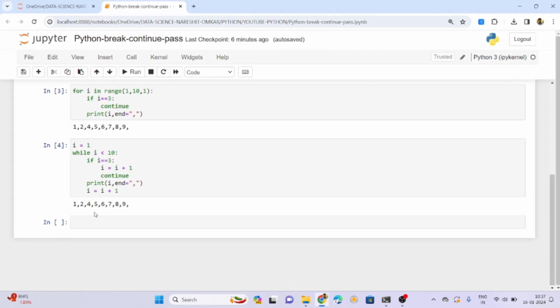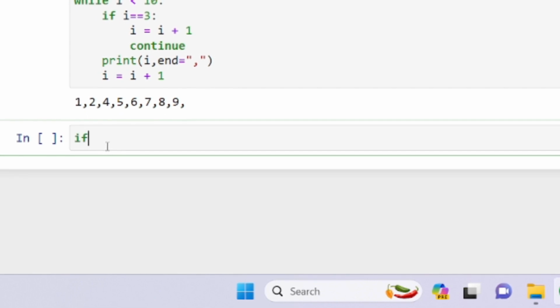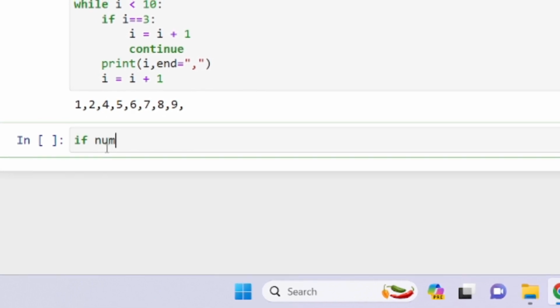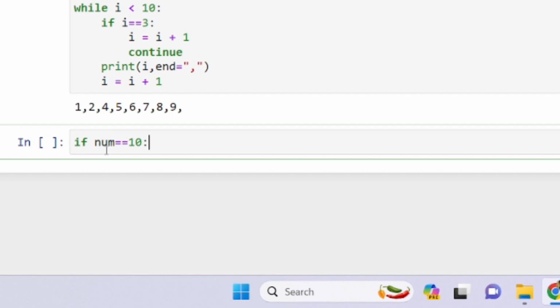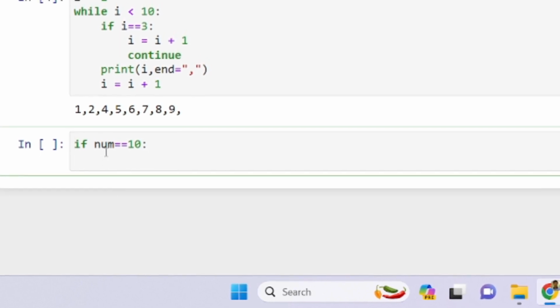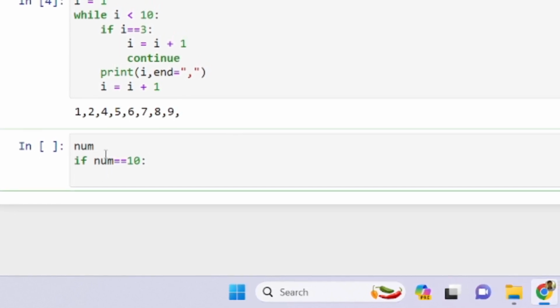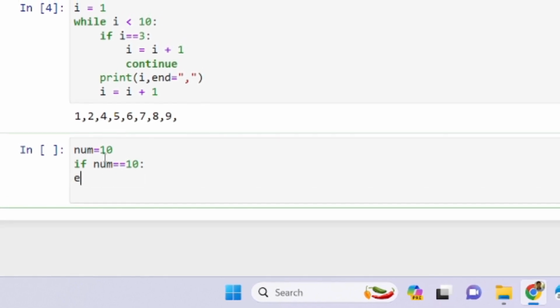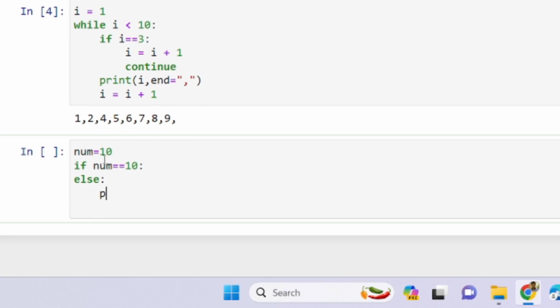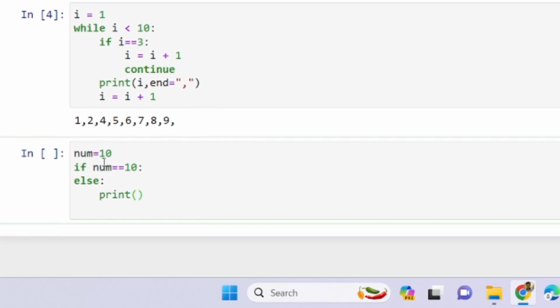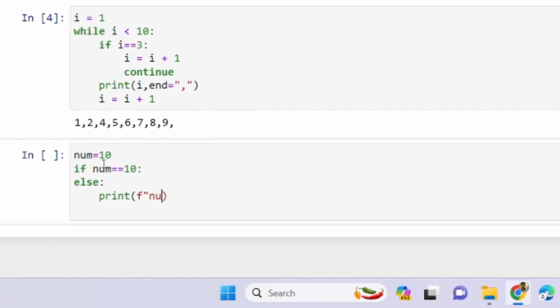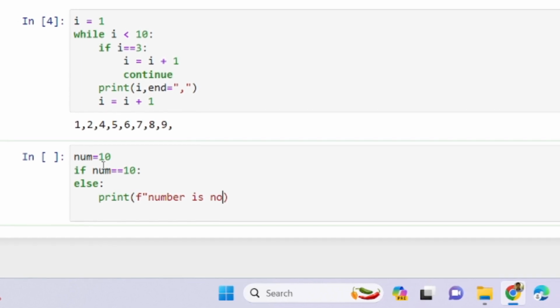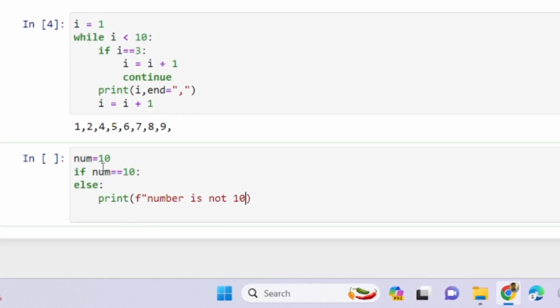So what is a pass? Now I am writing if number is equal to 10. Like this I am making num is equal to 10. I am not printing anything, and else I am printing number is not 10.